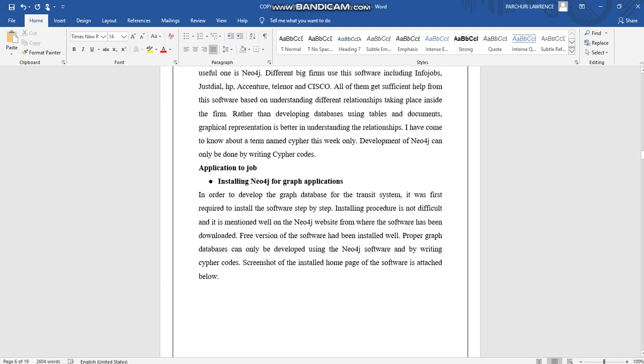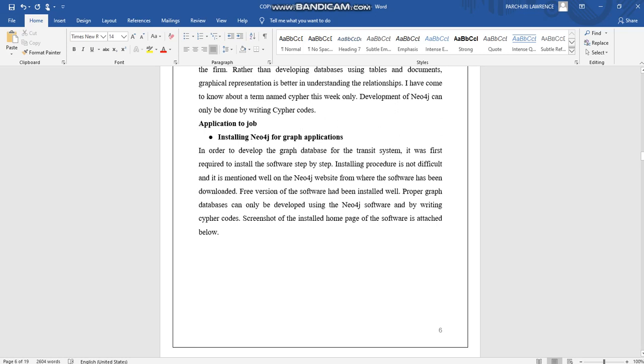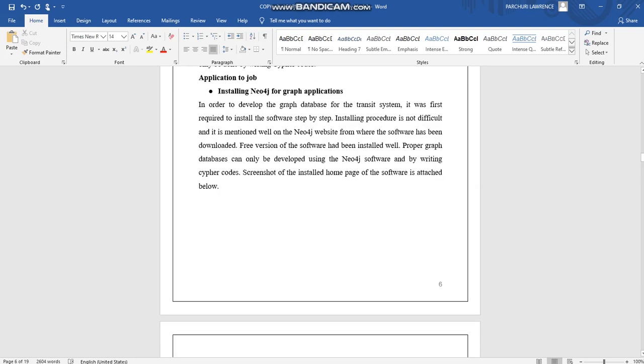Development of Neo4j can only be done by writing Cypher codes. Installing Neo4j for the graph applications in the system: in order to develop the graph database for the transit system, it was first required to install the software step by step. The installing procedure is not difficult